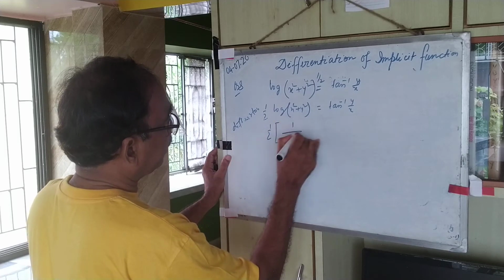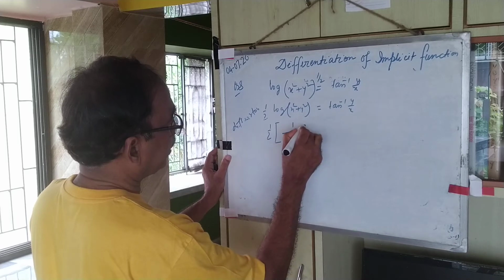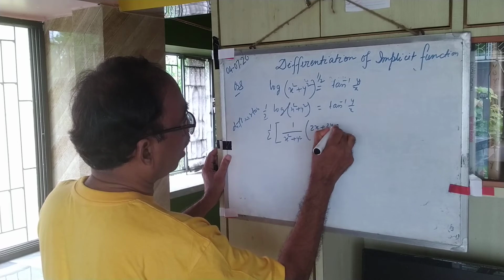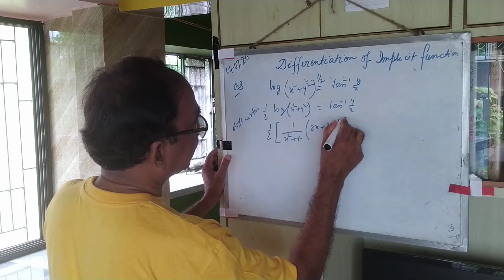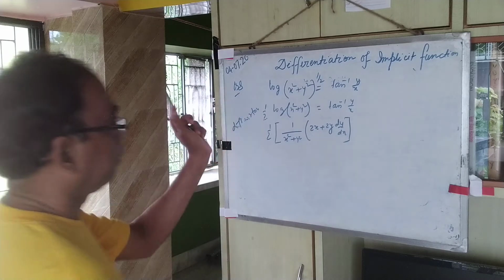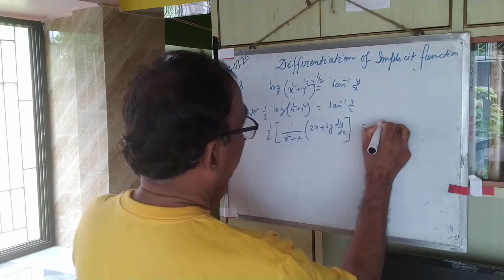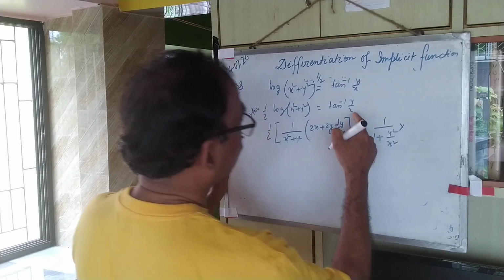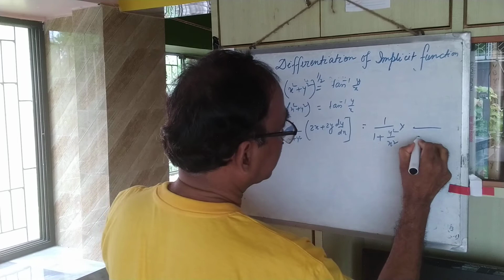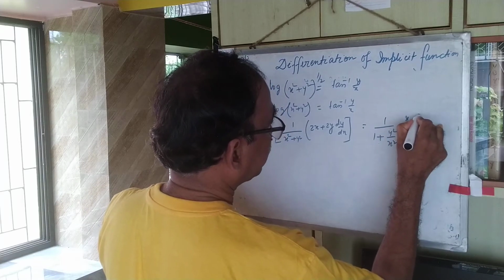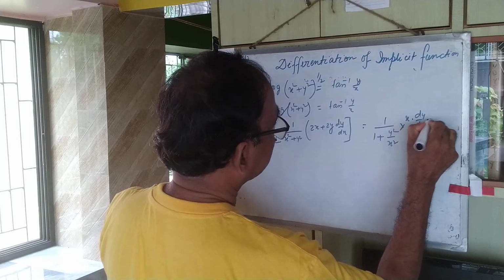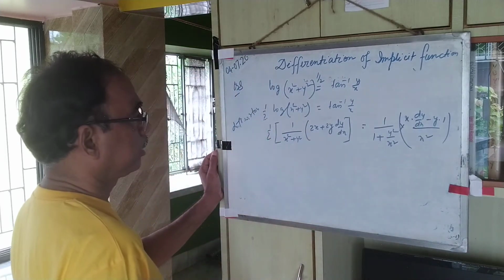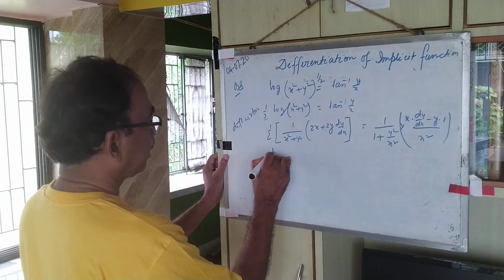Log x derivative is 1 by x square plus y square. In chain rule, the inner portion derivative is 2x plus 2y dy by dx. Right side: tan inverse derivative is 1 by 1 plus y square by x square, then by chain rule y by x derivative: x square, x is constant, so x dy by dx minus y constant times derivative of x, 1. This is in bracket. Then half of